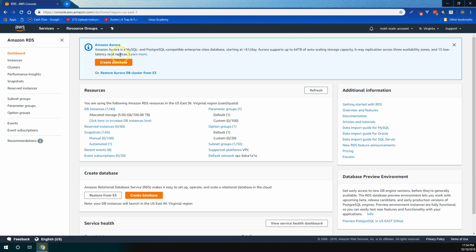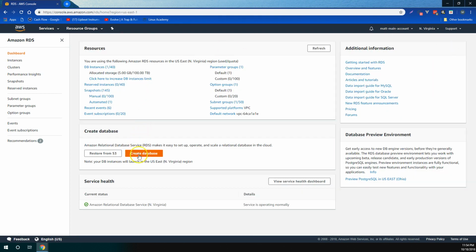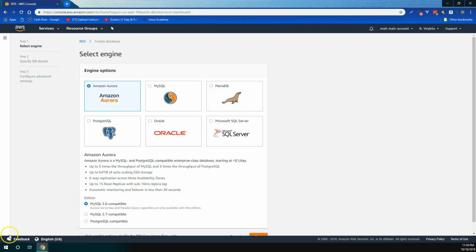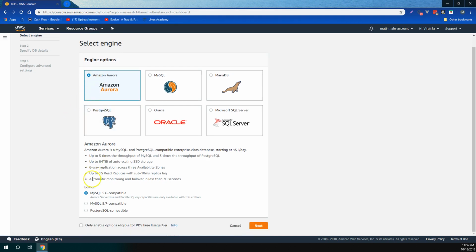Anyway, to create a database, sometimes you'll have this overview here, but if you don't, then you can just create database right here. Once again, you have several options to choose from, and we went over Amazon Aurora in a previous video, but just as another quick overview, Amazon Aurora is a Postgres and MySQL compatible database, with up to 5 times the throughput of MySQL and 3 times the throughput of Postgres, 6-way replication across 3 availability zones, and plenty of other really cool features. For this example, I'm just going to stick with Amazon Aurora and MySQL 5.6 for now though, and I'll click